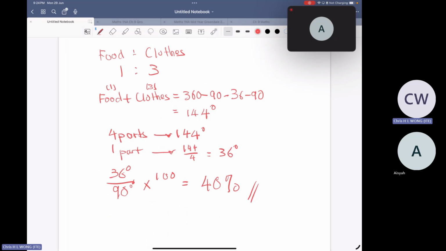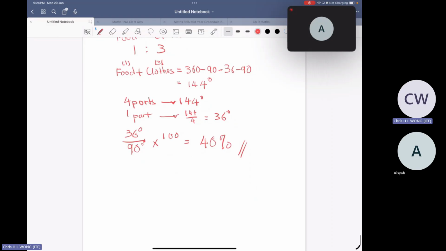So lastly, you're supposed to find the annual income. What is annual income? How much she earned the whole year? Earn, not saving, not saving. How much she earned the whole year? How do you calculate? All you need to do is to find out food. You already know how much, right? So we write down one by one. Food, how much?